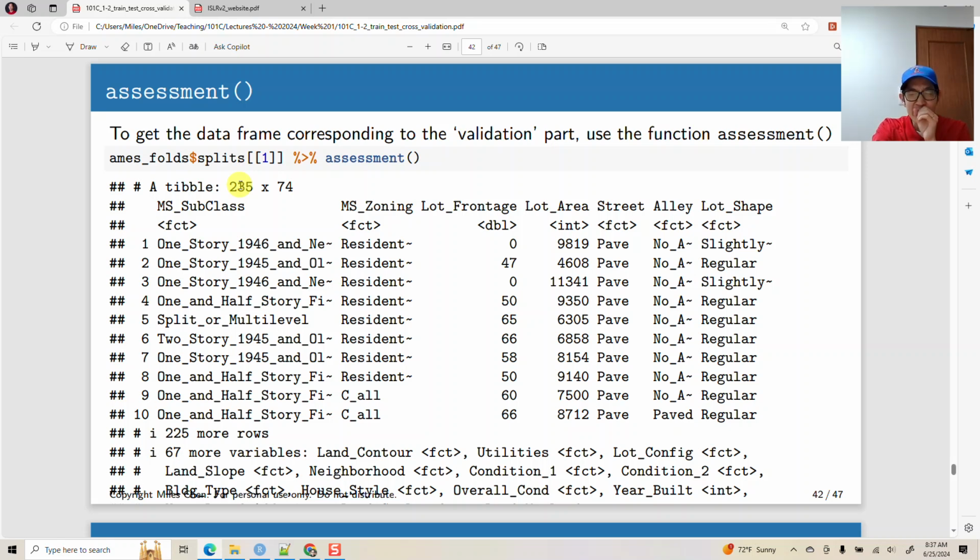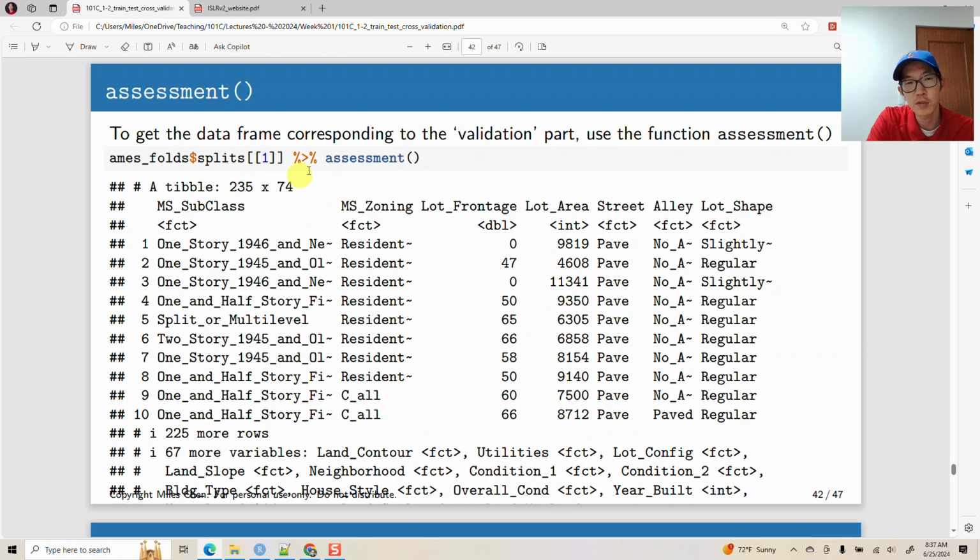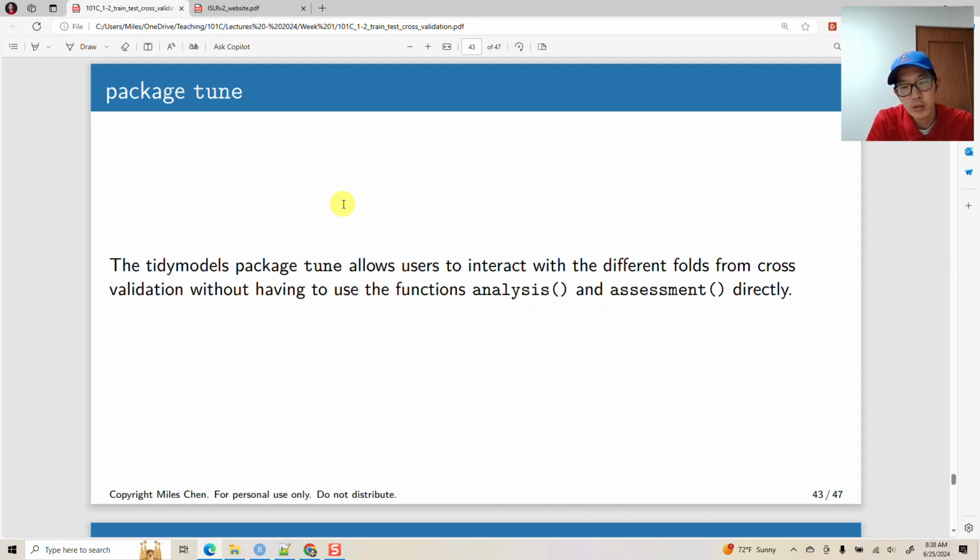Okay, now we wouldn't use this directly. This was all part of the pipelines that we would use as far as Tidy Models goes. It's all part of the pipeline. But if you wanted to look at this 2,107 and these 235, you could. That option is available using analysis and assessment. But we're not really going to do that. Instead, we're going to pair this up with something like package tune, which is going to run through